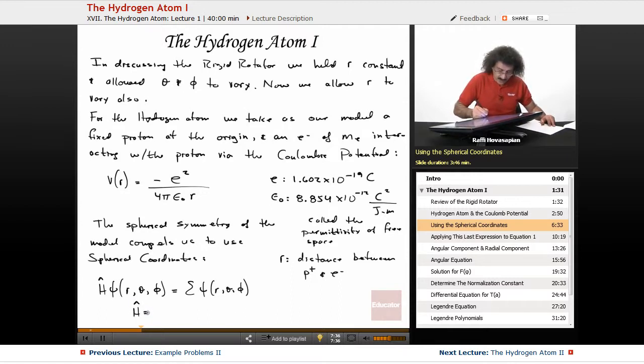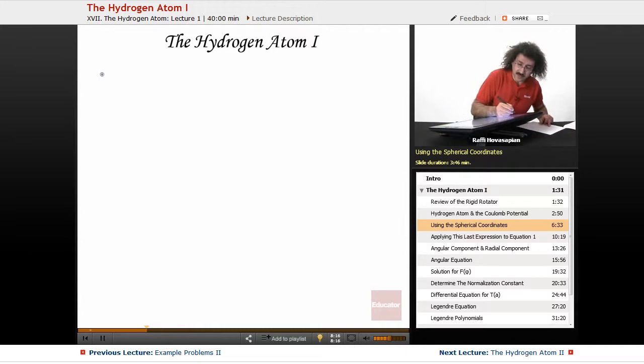And H, the Hamiltonian operator here, is going to be minus h bar squared over 2 times the mass of the electron, del squared, minus the potential energy. The potential energy was the Coulombic potential here, minus e squared over 4 pi epsilon sub 0 r. Okay, now we know what del squared looks like in Cartesian coordinates. So in spherical coordinates, it looks like this. So let me go ahead and rewrite this. So H